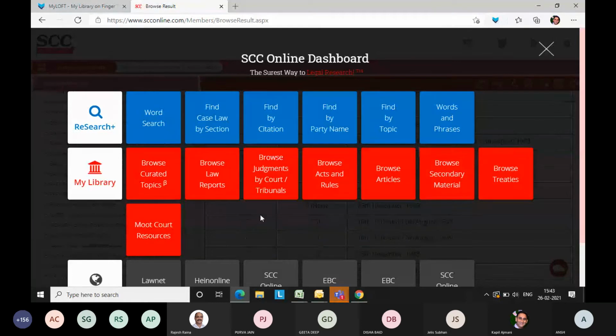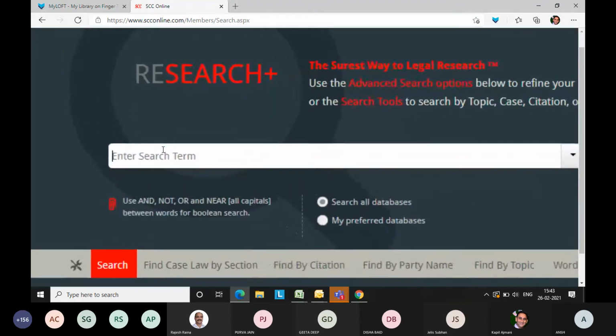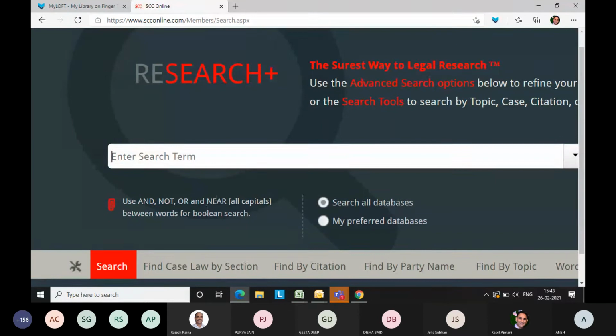So apart from these Boolean operators that we have, we also have one more option over here in the word search. If you can just quickly go through this, Kapil, once. And as we had talked about the near operator, and then there's or also and not. If you want to elaborate it with an example, you can kindly let me know. But otherwise, I'll show you one example where you have various derivatives of a word.